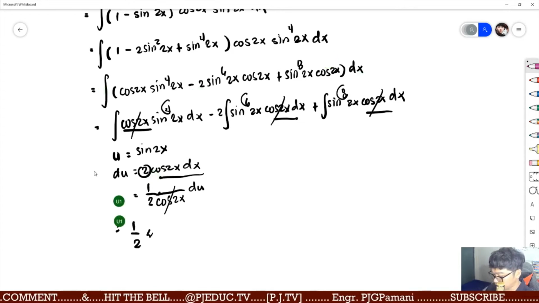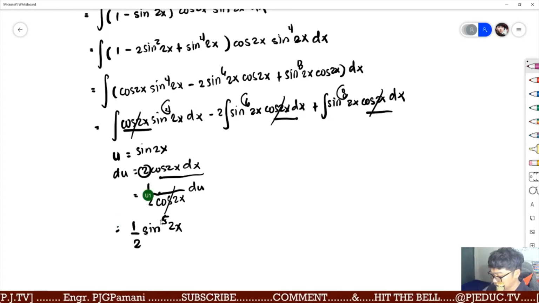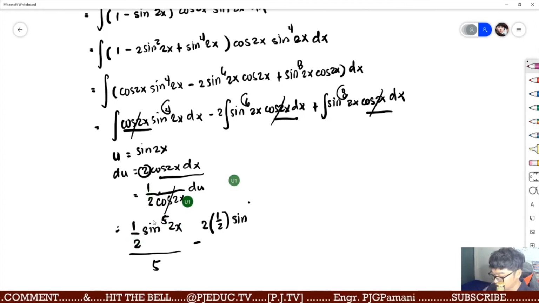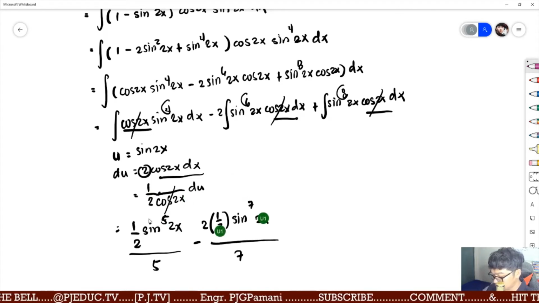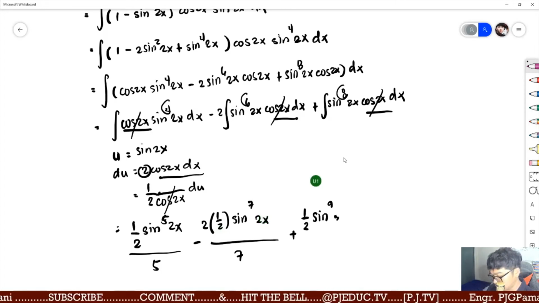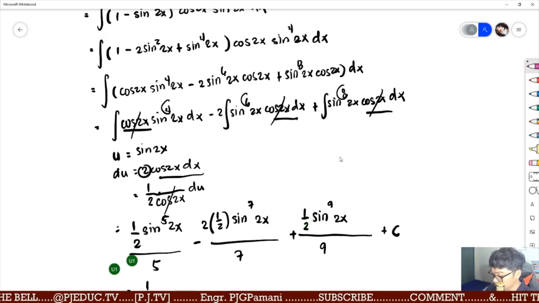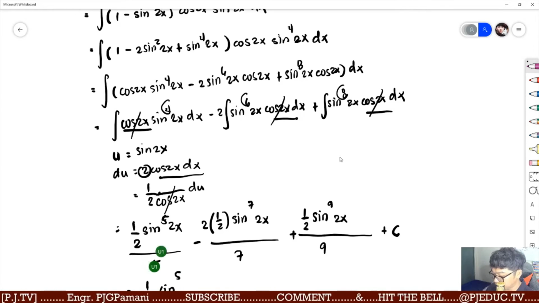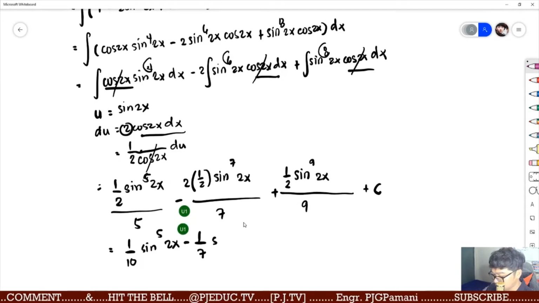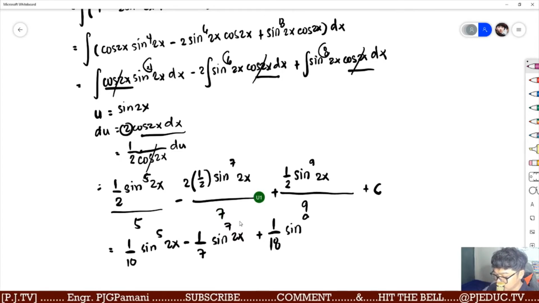That is now 1/2 sine raised to the fourth plus 1. So, 5 2x all over 5 minus 2 times the correcting factor of 1/2 sine raised to the 6 plus 1. So, 7 2x all over 7 plus the correcting factor 1/2 sine raised to the 8 plus 1 is 9 2x all over 9 plus c. Simplify further, we have 1/10 of sine raised to the 5th 2x minus 2 times 1/2 all over 7, that is 1/7 sine raised to the 7th power 2x plus 1 over 18 sine raised to the 9th power 2x